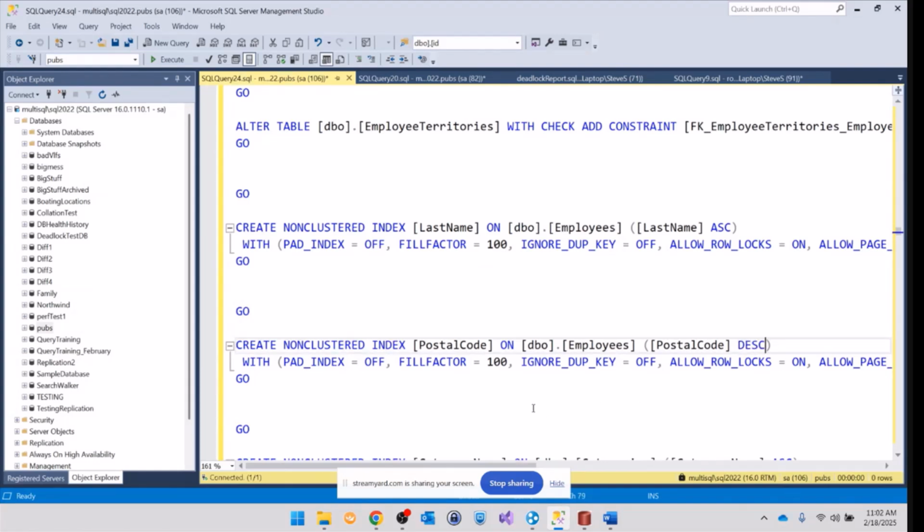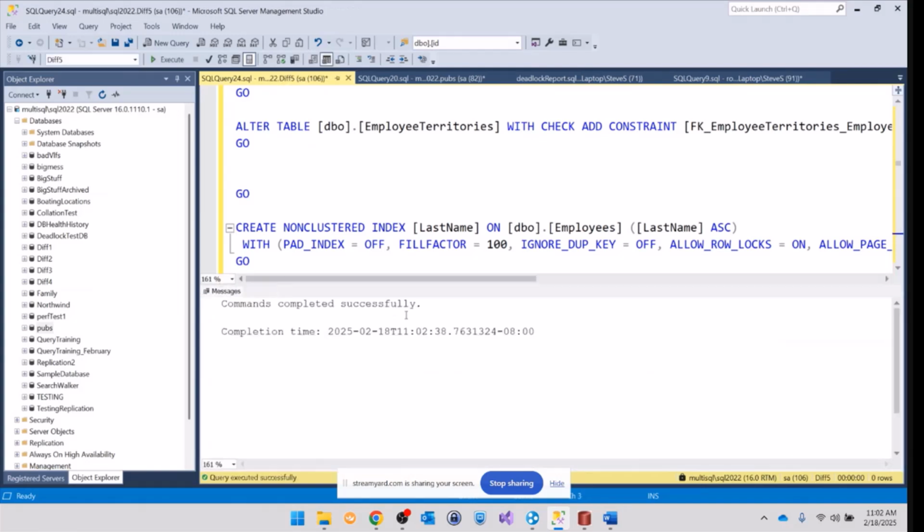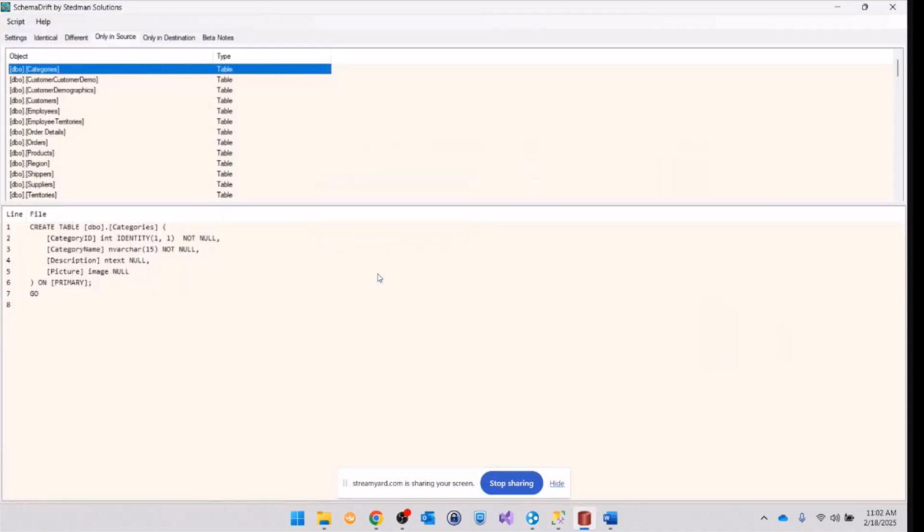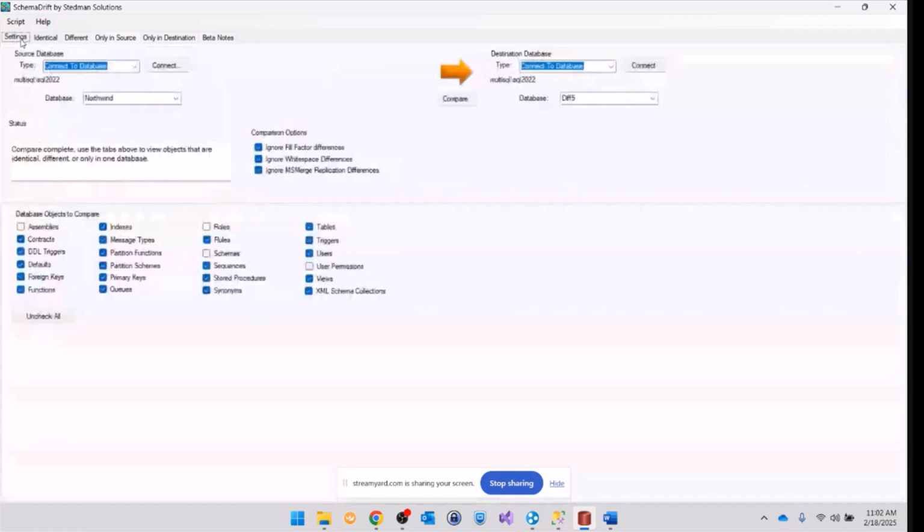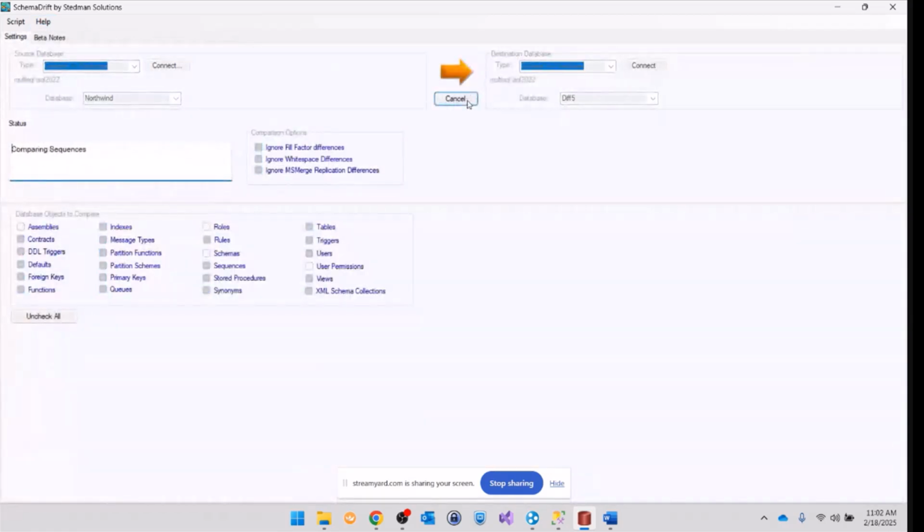Okay, just a couple of minor changes in there, pretending that like a developer goofed when they're deploying them or something. I know I've done that myself. And then we're going to run that. It now created all of those things in this database called diff5. If we jump back to Schema Drift and we hit the compare button again to compare them,